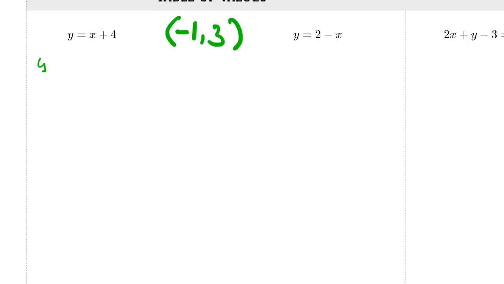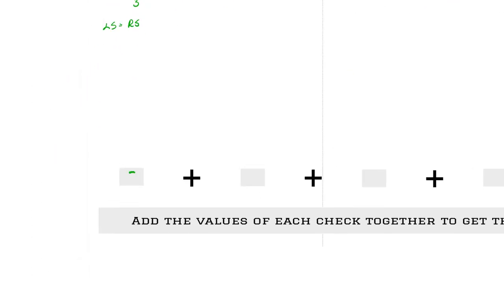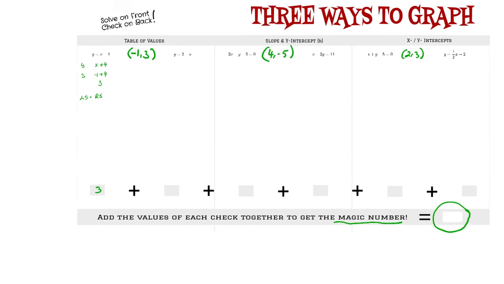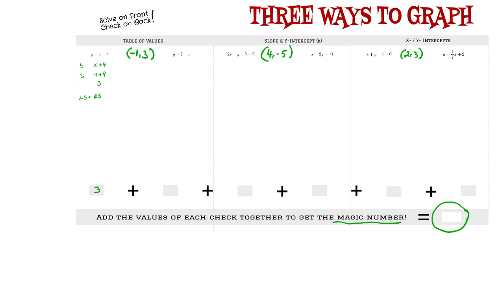So separate out your first equation, no equal signs, sub in, tidy up the right-hand side, and the left side equals the right side, and the balance number is 3, and that is the value that goes in the box. So you'll continue on and do that 5 more times, add them together, and see if you get the magic number. I'll pause,